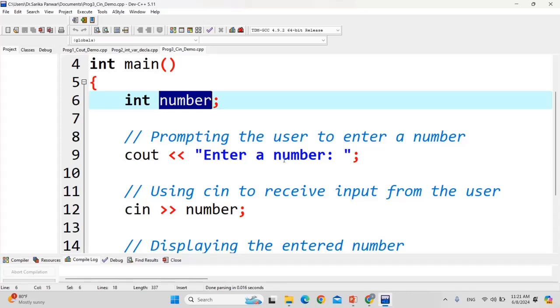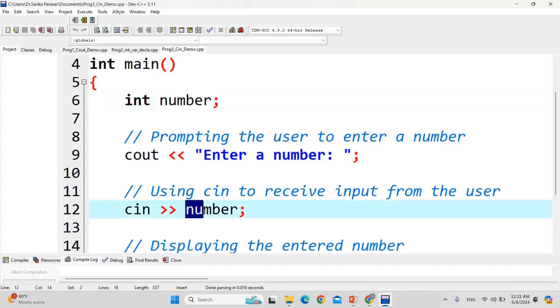Now the user will enter a number. So the user will enter a number by using what? The keyboard. So that has to be taken from the keyboard and stored into some variable. Okay, that will be taken from the keyboard and it will be stored in this variable.